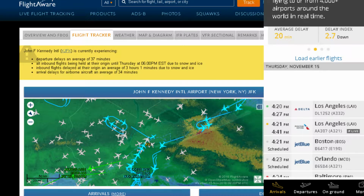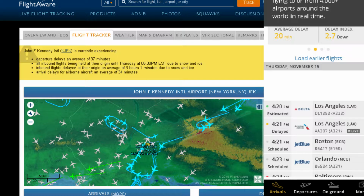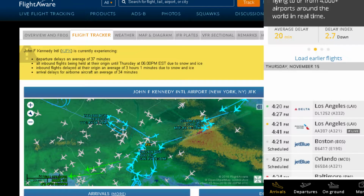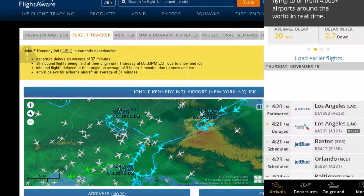JetBlue 26, the menu instructions go left on Yankee and cross 31 right. Left on Yankee, Delta 56, Kennedy Ground, roger. Proceed via Alpha heavy, cross runway 31 right at Quebec. Delta Bravo, taxi right Bravo, monitor 121.9. We cross 31 right at Delta Bravo, then right at Bravo, and monitor point 9. Thank you. JetBlue 26, what's the gate number? Gate 19, JetBlue 26. All right, so JetBlue 26, cross 31 right at Yankee, hold short of 4 left at Foxtrot,